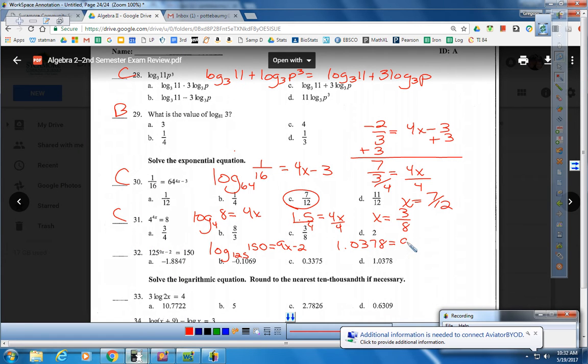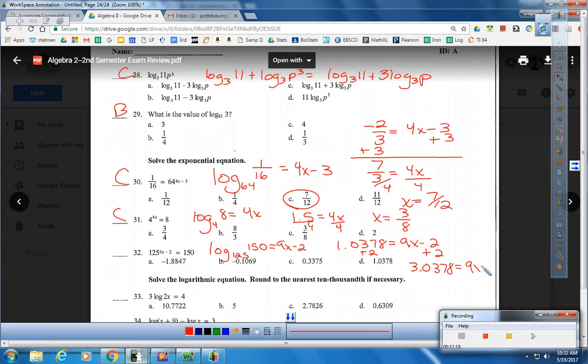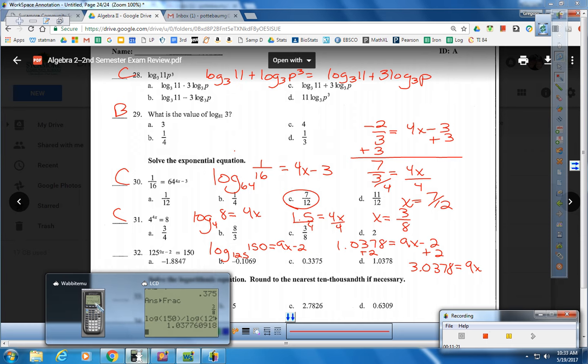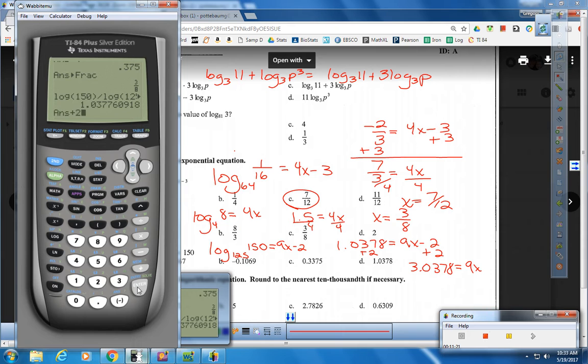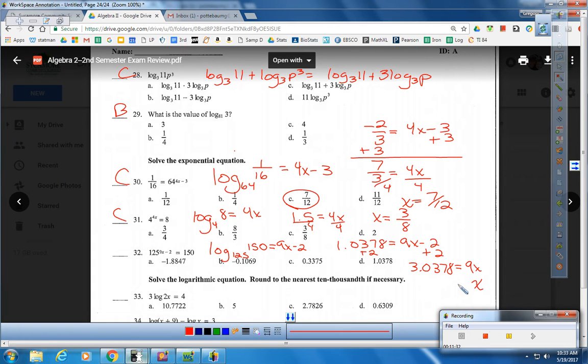1.0378 equals 9x minus 2. I'll add 2 to both sides. I get 3.0378 equals 9x. Okay, so I took this and I added 2 to it. And then obviously I'm going to divide both sides by 9. So that gives me 0.3375 as x. So x is about